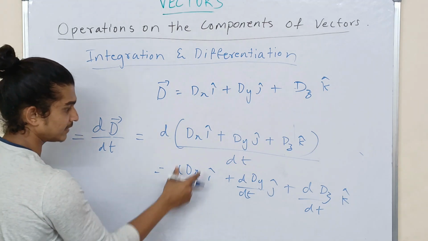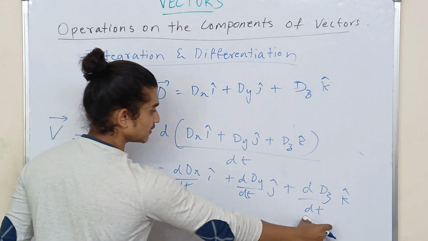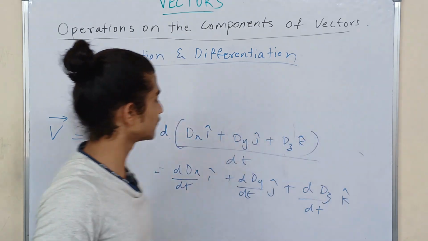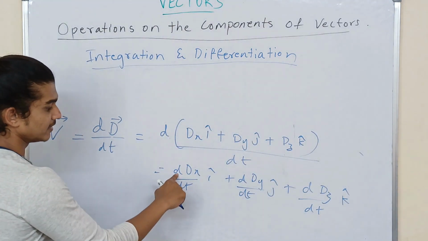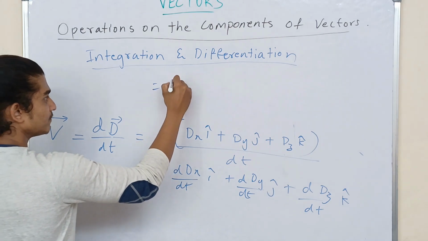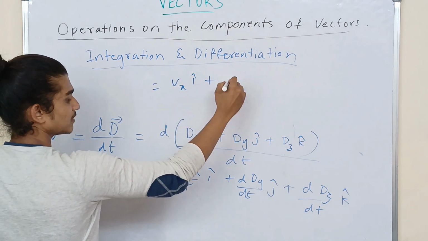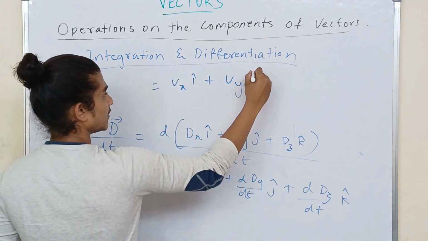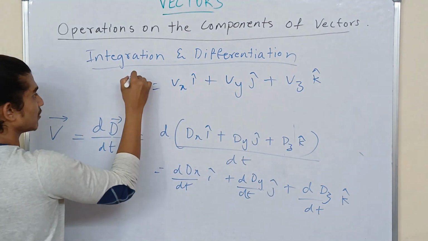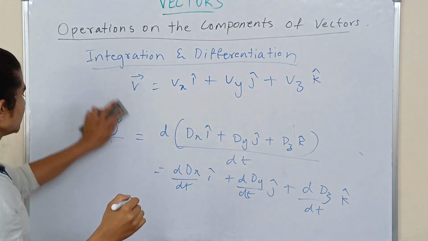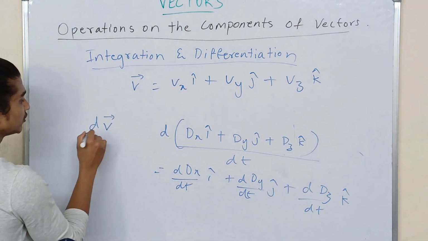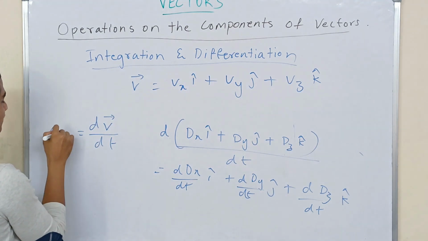So I have separately taken the operation and distributed it to every single component. So what I can do is just perform the differentiation operation. So d of dx by dt is going to be vx i cap, similarly vy j cap, similarly vz k cap. So this is going to be my velocity vector. And since differentiation of velocity vector is going to give your acceleration vector,